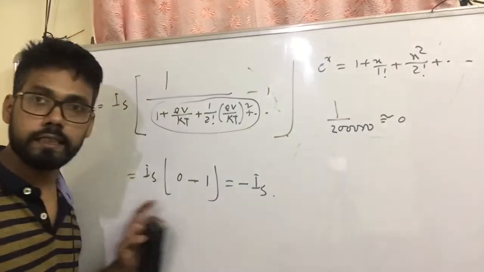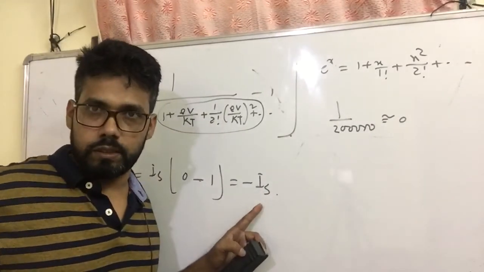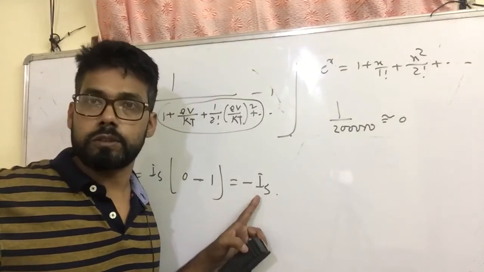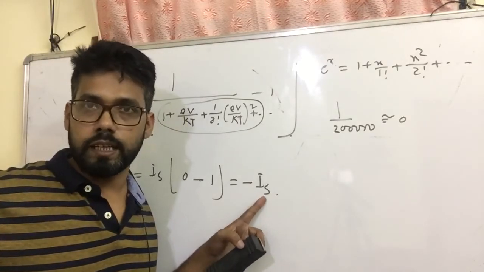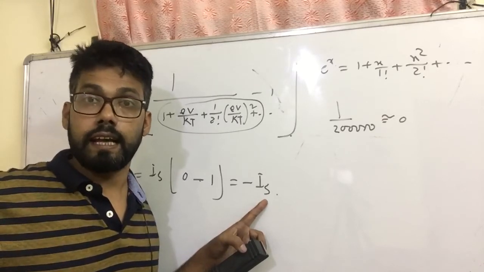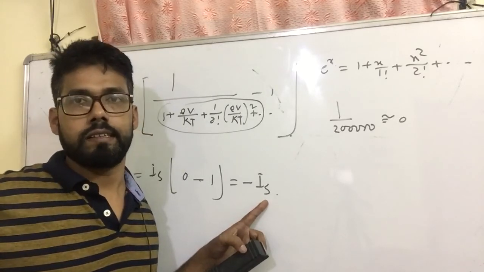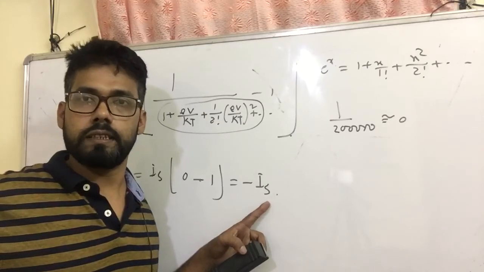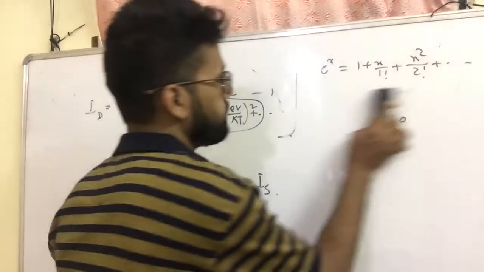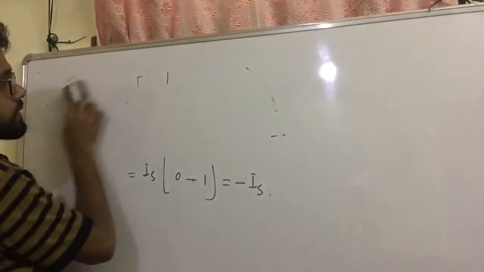What I am getting in reverse bias condition is the reverse saturation current. This reverse saturation current is only contributed by minority carriers in the diode or in the semiconductor. Okay. So this is in case of